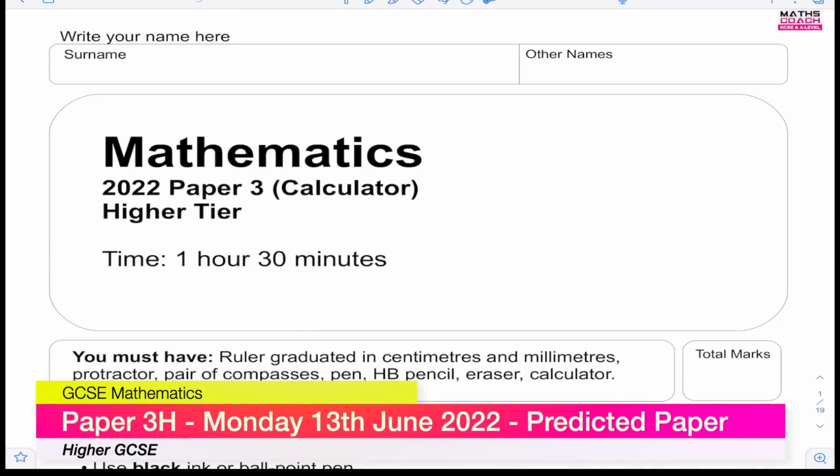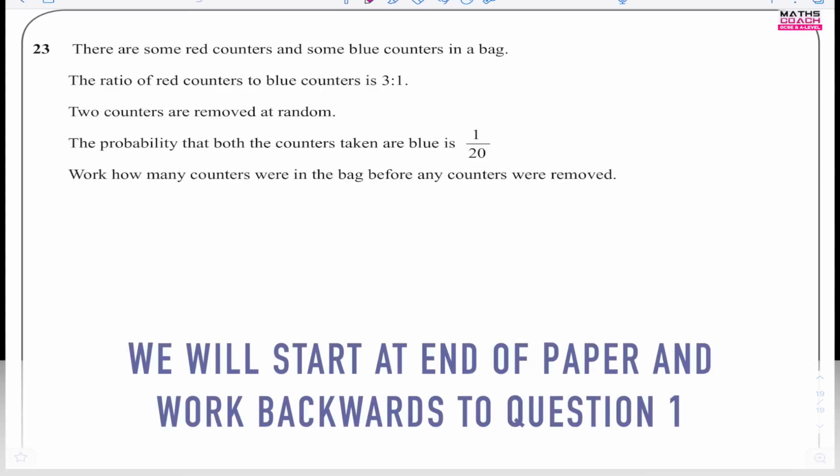Using the advanced information that has been released by the exam boards, this is a predicted paper that contains all the topics that you need to know for paper 3 for the GCSE higher tier mathematics exam. We will be starting from the back and working our way to the front. Let's go. So the first question that we will be looking at, which is actually the last question on the